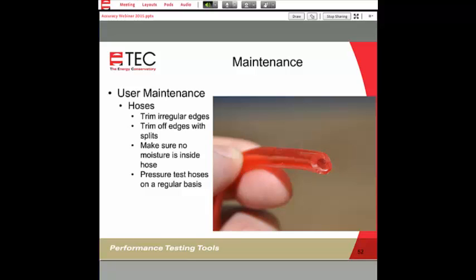Another thing is to do a pressure test on the hoses on a regular basis just to make sure. Just as you're testing the flow sensor of the blower door, you can seal one end of the hose with your finger and take the remaining end and try to suck on it and see if you can get it to stick to your tongue. If it sticks to your tongue for more than 5 seconds, then you actually have a good hose.